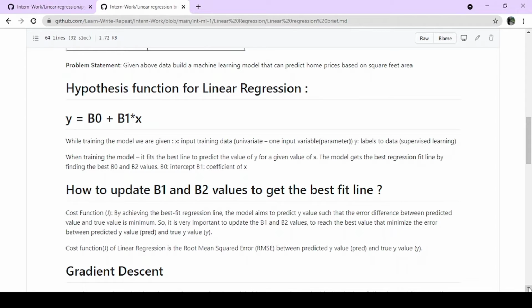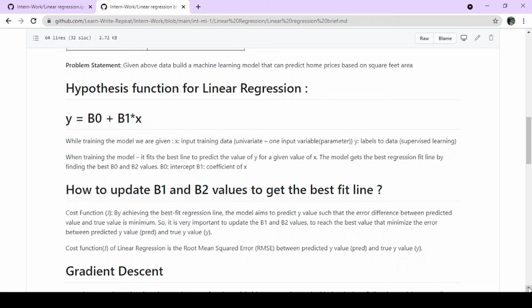Here the cost function comes into play. The cost function is denoted by J. By achieving the best fit regression line, the model aims to predict the value of y such that the error difference between the predicted value and the true value is as minimum as possible.